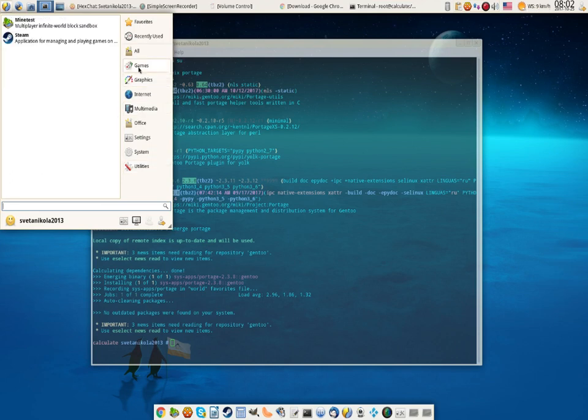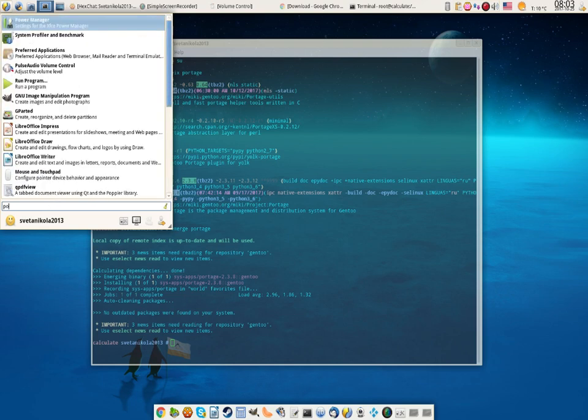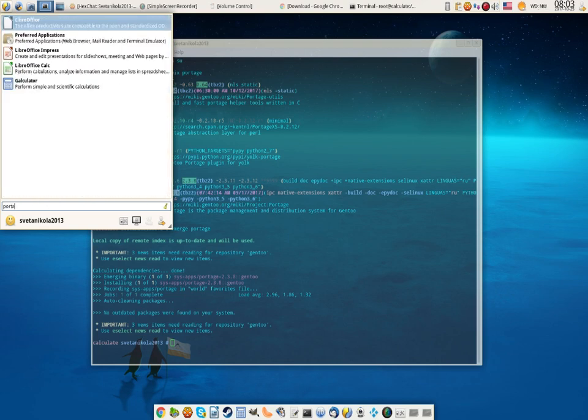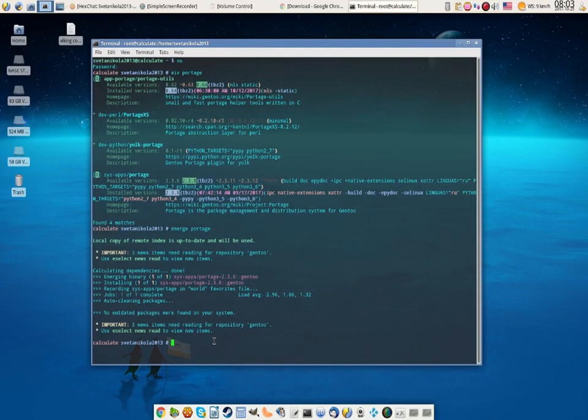We actually installed the Portage graphical package manager, and let's just give it a shot to search for it. Portage, multimedia. Okay, let's try like this. Portage, no. Okay, let's call up on it. Later on, after a reboot, I think the icon will also appear in the sections of your favorite software and programs. But since we are in the terminal in the sudoers root mode, we can just call up the application.